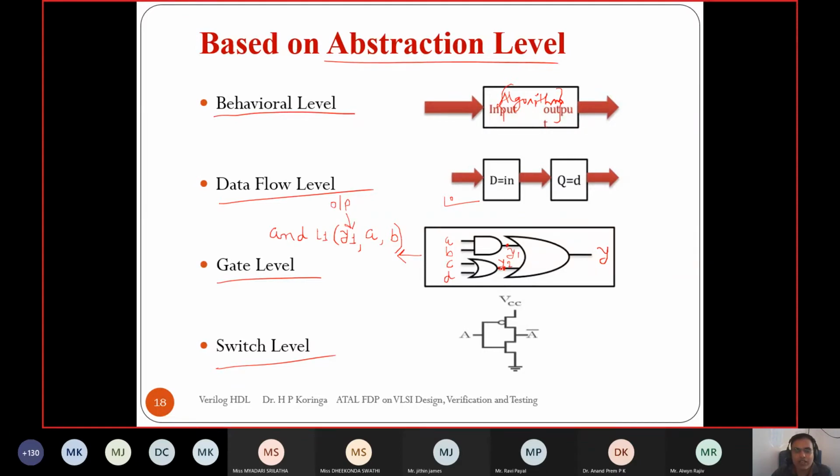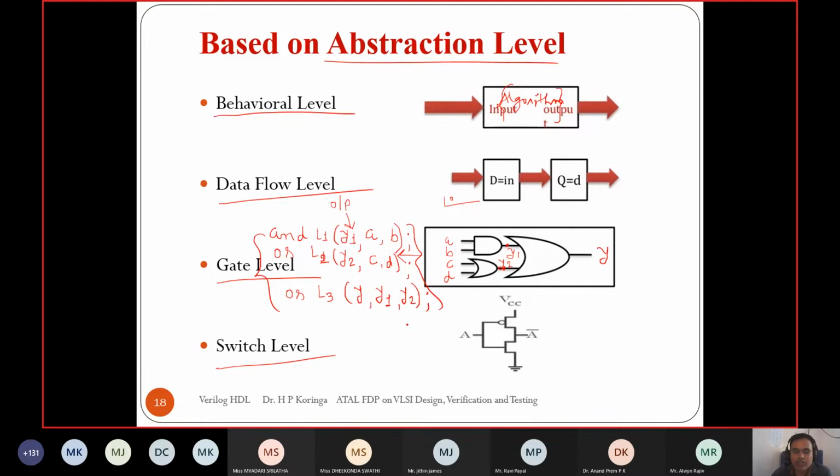Then we want to have an OR gate. So it is simply OR with any label, then the output of the OR we want to assign to net Y2, and the inputs of the OR are C and D. So it will perform an OR operation. Now we want to assign our output Y, which is the ORing of Y1 and Y2. So I can write the ORing of Y1 and Y2. So this is the simple module architecture in gate level to implement this design.